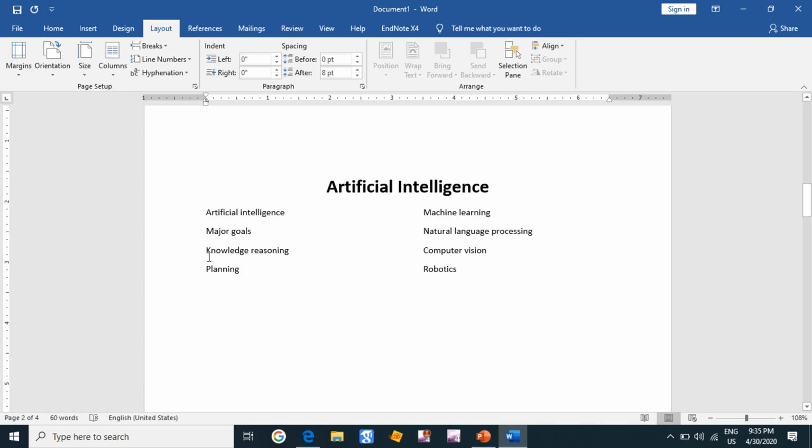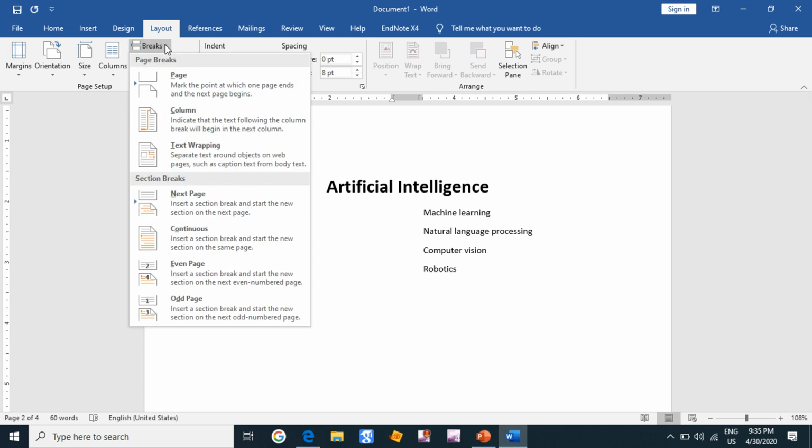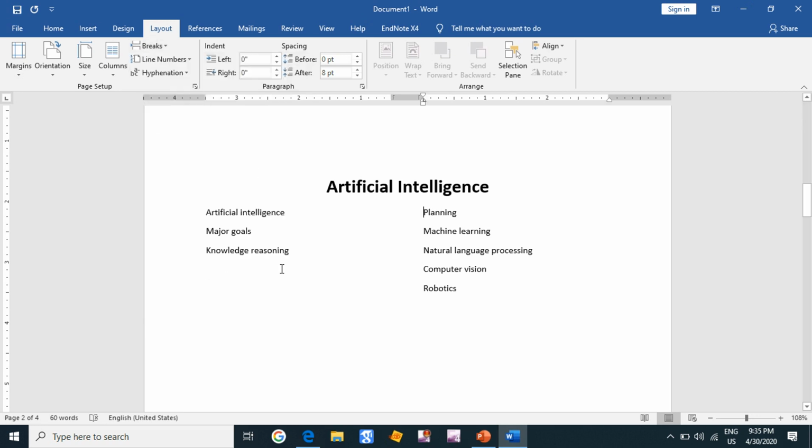If I wanna move the word planning to the second column, I'm just gonna click over here and then go to the breaks option, use the column break, and there we are. I have shifted the word planning from the first column to the second column.